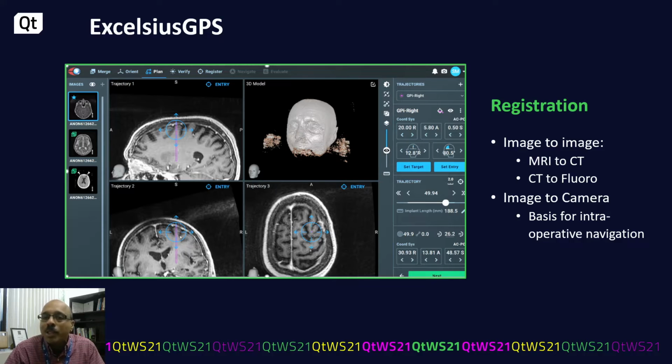Of course, the software is completely different, the registration is different, the arm stays the same, but the end effector, which sits at the tip of the arm, had to be redesigned for cranial surgeries. In order to register the preoperative images to the intraoperative scan, we use CT to fluoro registration. The fluoro fixture is what helps us track these, and I'm going to cover a little bit of that later in this presentation. The idea is effectively to create image to camera registration. So the camera knows where the image is in 3D, and now it can overlay CAD models of individual instruments. And that's what a surgeon would use in surgery.